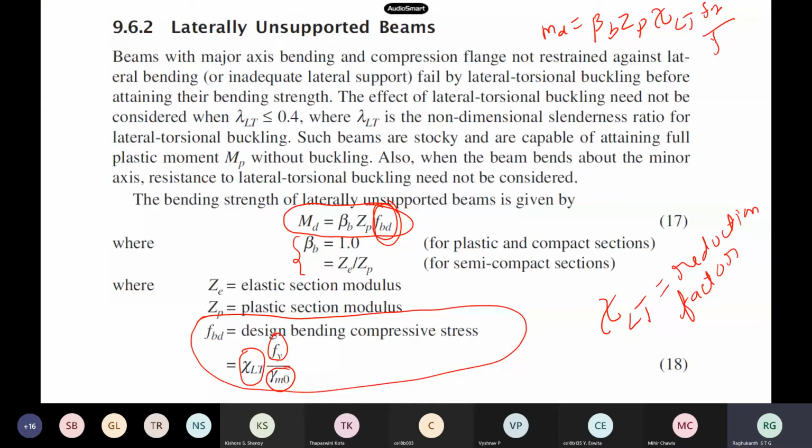Now for welded beam, what was the value? So for the welding, let us say we have got 0.5. For the rolled section, it is 0.62. Now which beam will carry more load, more bending moment? Welding or rolled section? Rolled. The rolled one will carry more. So the welding one will carry less.